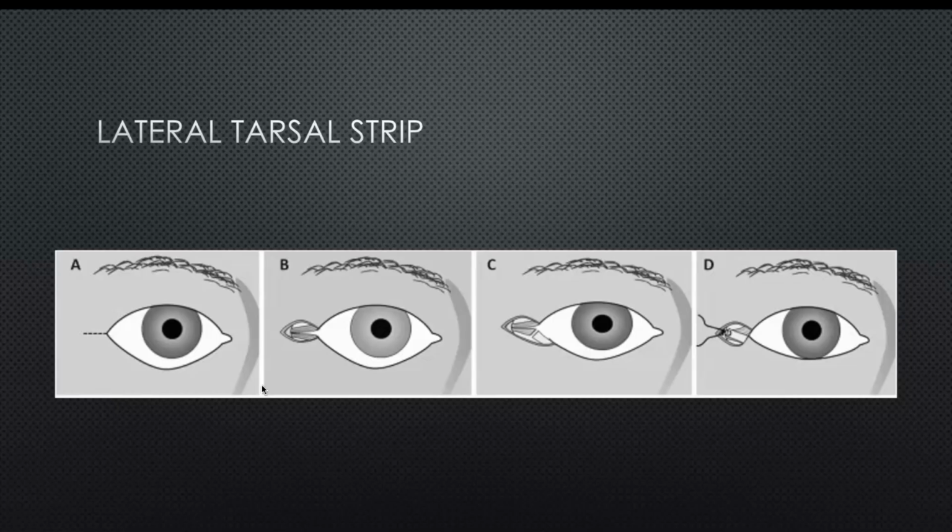Now, that's what B is showing you. So in picture B, that lower lid is now released, and you can tell that there's an ectropion because that lower lid is not sitting nicely at the lower limbus. It's actually sitting further away, and we've got far too much scleral show. So you're going to release the eyelid, and then in picture C, what we've essentially done here is, once we've released the eyelid,